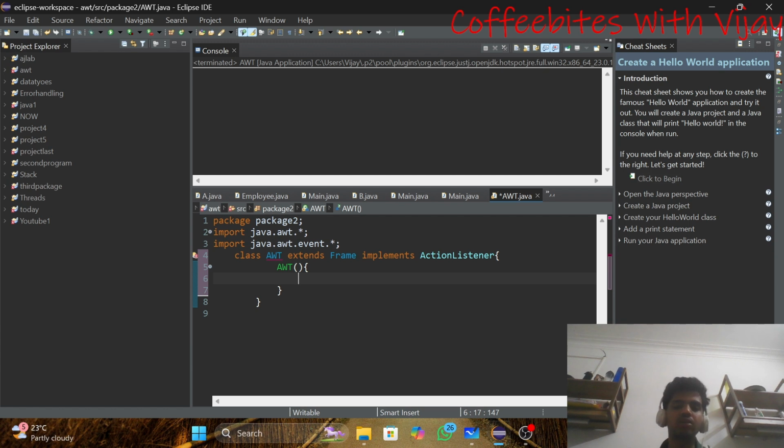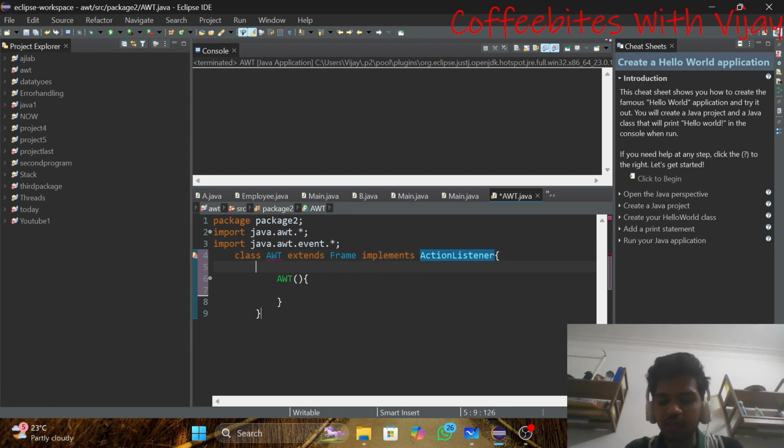And inside this constructor, I will be adding all the components, and I will be registering some of the interfaces over here. So let's quickly start coding, guys. First, I will create a button. I'll declare this button and label globally, as I don't want to declare them inside the constructor.